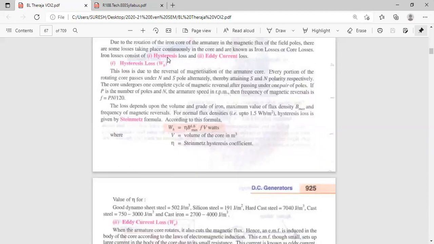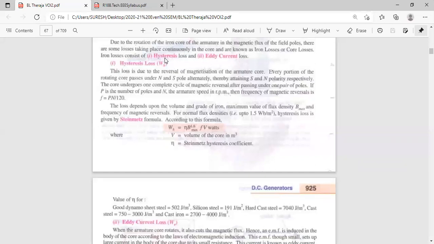I have already told you how the hysteresis loss will occur. Due to continuous reversals of current during magnetization of the iron piece, some loss is going to occur in the iron piece, which is called hysteresis loss. Eddy current loss means around the main current, some circulating currents are developed, which are called eddy currents. Due to this eddy current, some loss is going to occur in the iron piece, which is called eddy current loss. For hysteresis loss and eddy current loss, I have not given the formulas. Today we'll see the formulas.